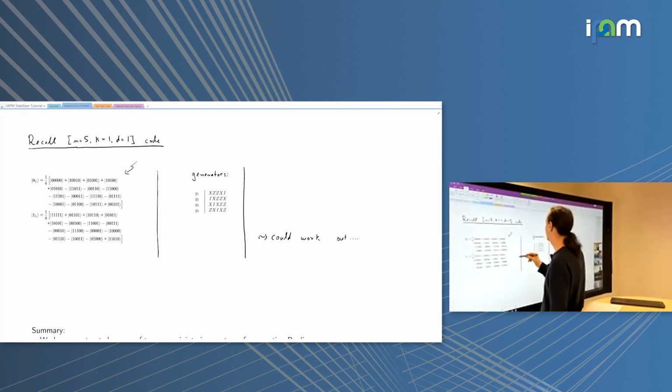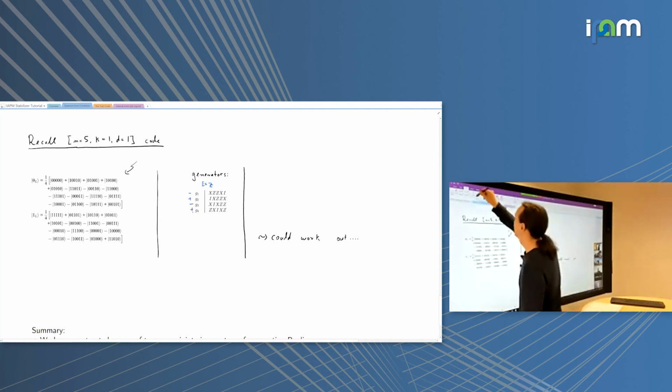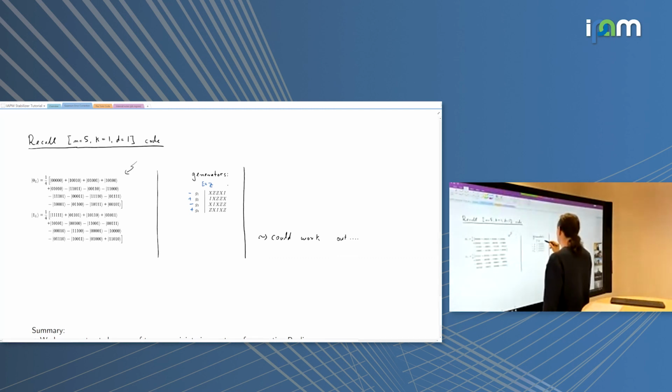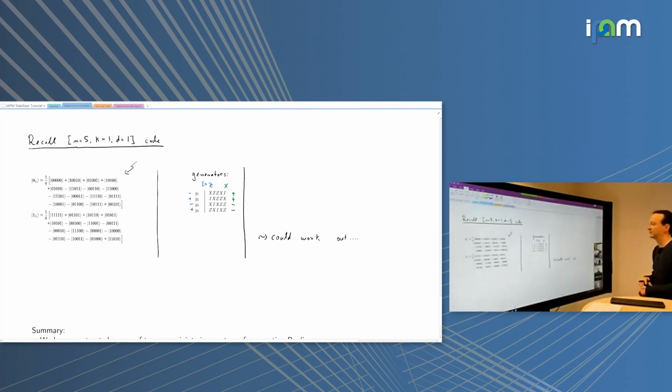So let's do it maybe for one or two and then prove by improper induction. Let's say the E operator equals the Z operator on the first qubit. Then it anti-commutes with G1, so I get a -1 here. It commutes with identity, I get a plus. It anti-commutes here, I get a minus, and it commutes with Z, so I get a plus. Let's test another one. Let's say I had X acting on the last qubit. Then I get +1, X and X commute; +1, X and Z anti-commute; -1, X and Z anti-commute; -1. So far we've tested 2 out of 16 and we've gotten 2 distinct sign patterns. So it looks like maybe this could work.